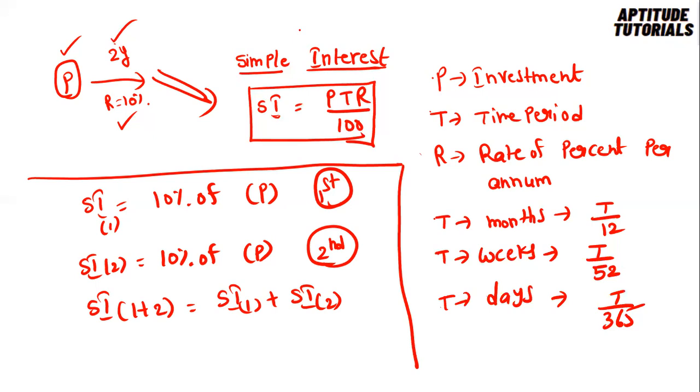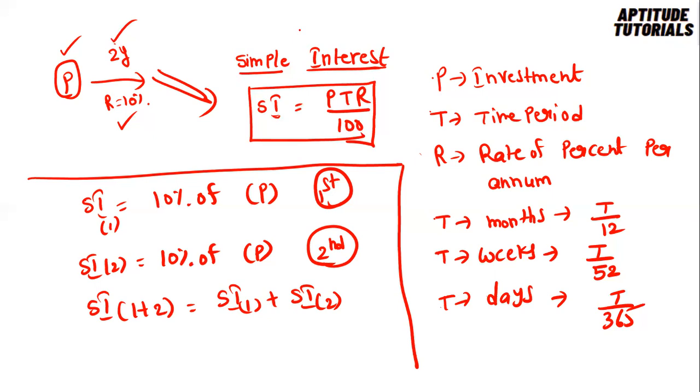You can write T by 12 if the time period is given in months. Just write T by 12 in the portion of T in the same formula. And you can write T by 52 for time period in weeks. You can write T by 365 for the time period in days. So if they're changing the time period, then you can follow the same formula by substituting the respective values